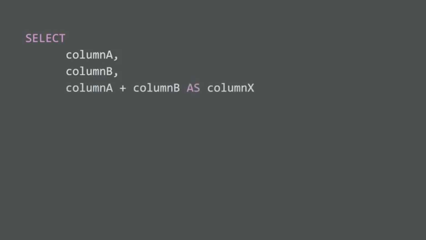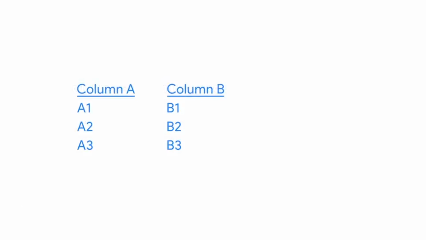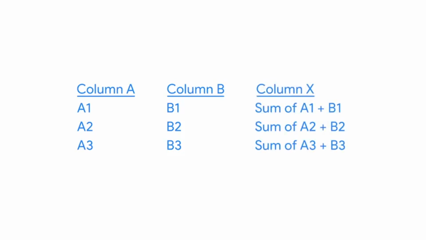Then you'd add the names of both columns with a plus sign between them. After that, you type as, followed by the name you'd like to give the column with the added totals. Finally, you complete your query by typing from and then the name of the table that you're pulling the data from. Running this query would get you a table showing the two columns whose values are being added together, plus a new column showing the sums of those values. The operator in this query is a plus sign since values are being added. If you needed to subtract, multiply, or divide, you'd follow the same steps using the appropriate operators.